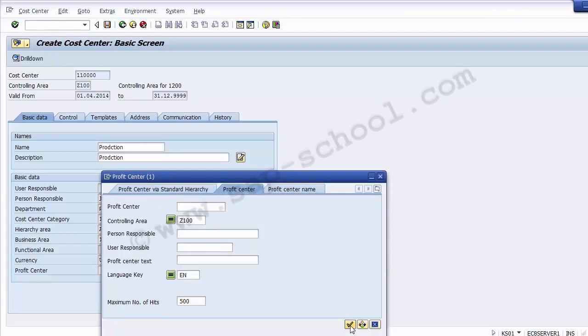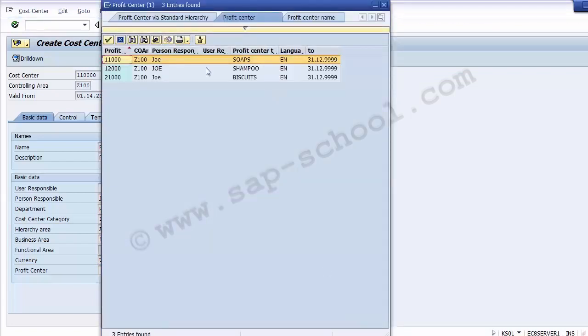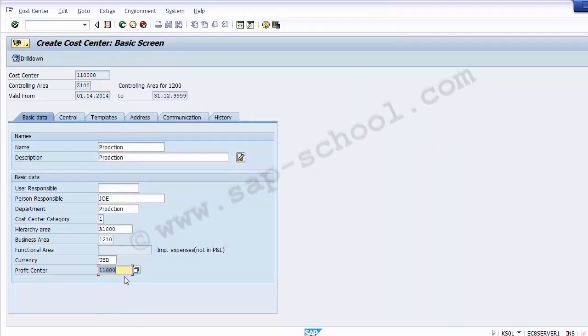So we can go and we can have a list of all the profit centers. So these are the different profit centers. If you could remember, we created 3 different profit centers. So we can take the first one for the first plant that has been taken over here. So these are the different parameters which you need to select on the basic screen. Now moving to the next